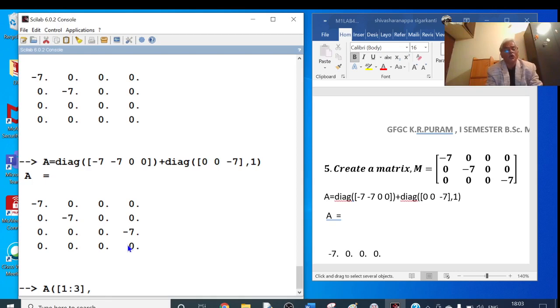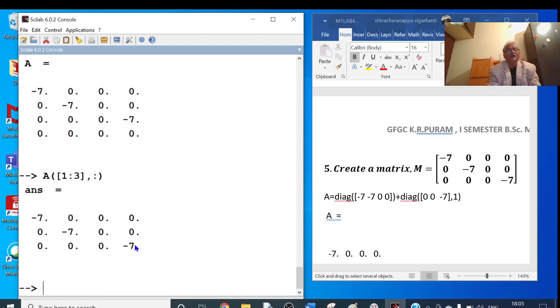How many columns? All the columns here. To get all the columns, I will put a colon here, close the bracket. This gives the first row, second row, third row, and all the columns. Okay, let me enter. Yeah, I am getting the required matrix here.